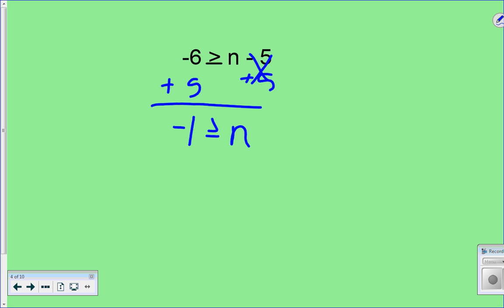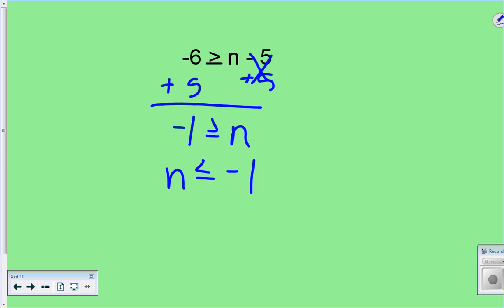Do you see how the number comes first? If that's confusing to you, you can flip it, and you can say n. Do you see how I just flipped everything? You have to flip the sign too. So if you'd rather have n is less than or equal to -1, it's easier to read that way